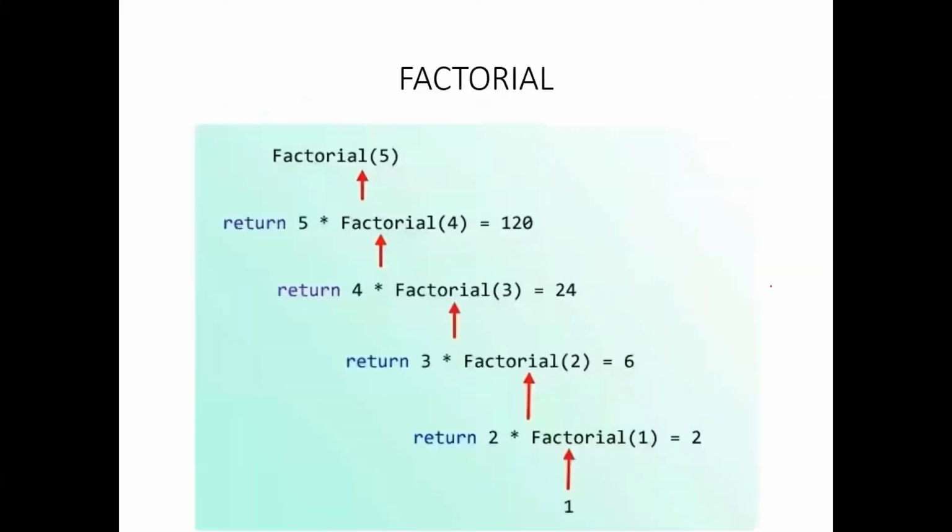Okay. So this way, the factorial will be executing. As you know, when you are calling a recursive function, we are not getting the evaluated result right then. When I am calling factorial 5, I'm getting a return of 5 into factorial of 4. The answer for factorial of 5, I'll be getting only if I solve factorial of 4. 5 is already there, but I have to substitute what is factorial of 4. So when I want the value of factorial of 4, again I should get the value of 4 into factorial of 3. Understood?